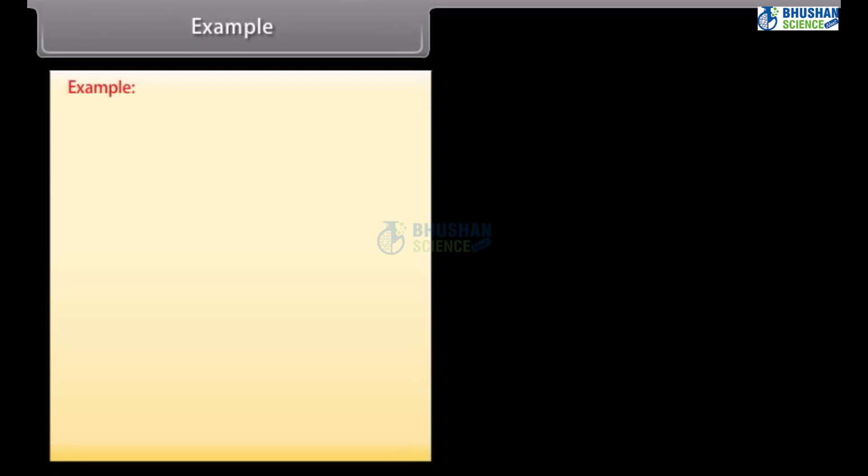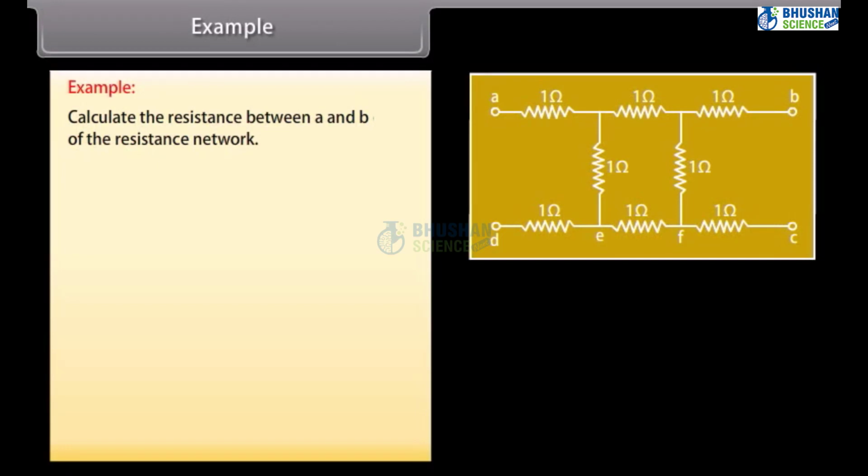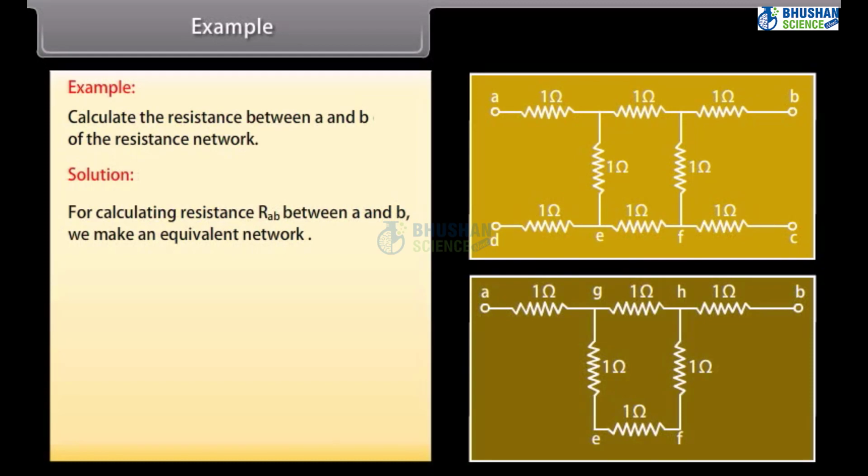Example. Let's take an example on combination of resistors. Calculate the resistance between A and B of the resistance network shown in the given figure. Let's see the solution. For calculating resistance RAB between A and B, we make an equivalent network shown in figure. Now we calculate resistance of arm